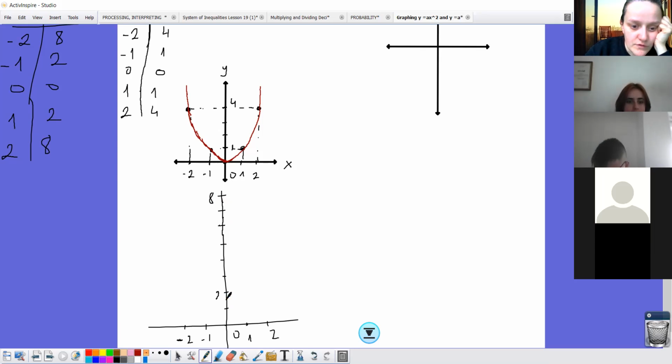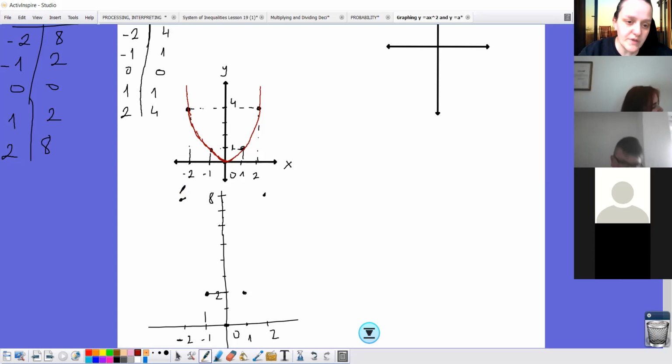And I have 2 here. So when x is -2, y is 8. The first point will be here somewhere. When x is -1, y is 2. The second point will be here somewhere. And it goes like this. So our parabola will be now